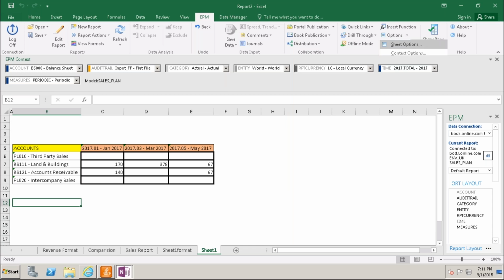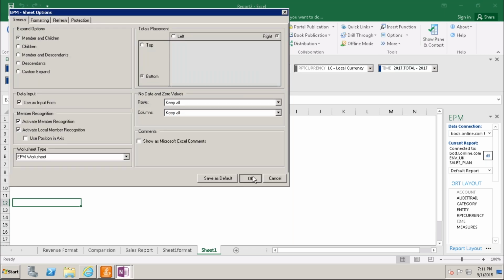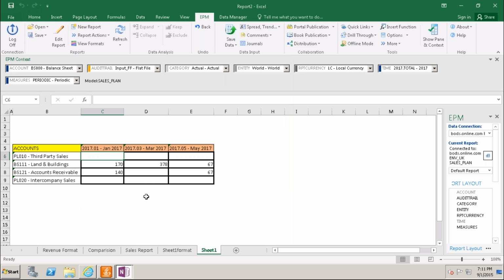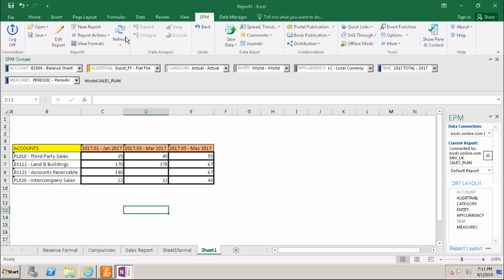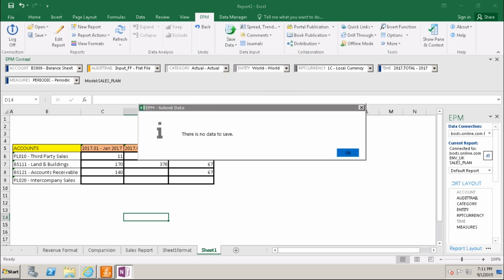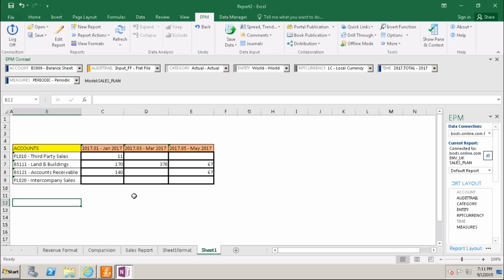So now I'm going to provide as input form, okay, and enter the data here, 45, 55, 22, 32, 43, 6 records. Just save. Why is it giving us this?